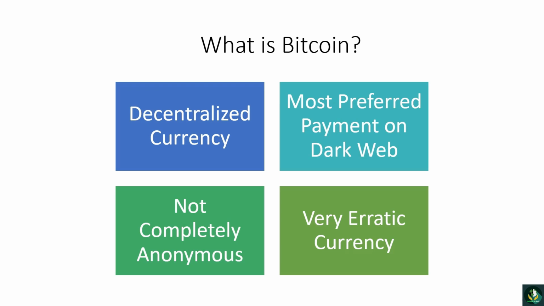Let me explain what Bitcoin is. Bitcoin firstly is a decentralized currency, which essentially means that it's not a physical currency and it's used on the internet. This is not a currency that you can have physically. It's a currency that is essentially worth the value on the internet, or digitally. So as of today, if the internet were to collapse, Bitcoin would also collapse with it, and all the money of Bitcoin also will collapse.